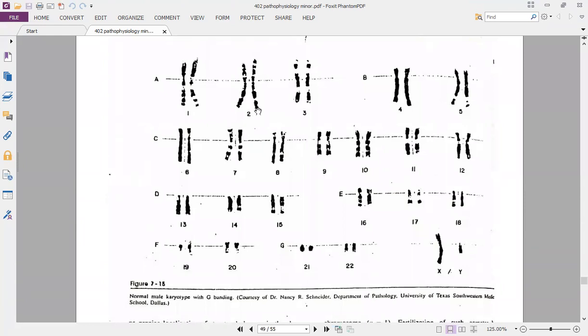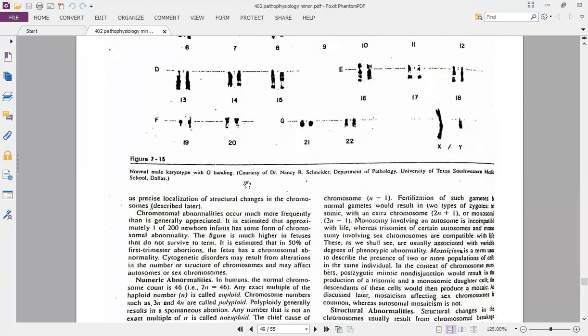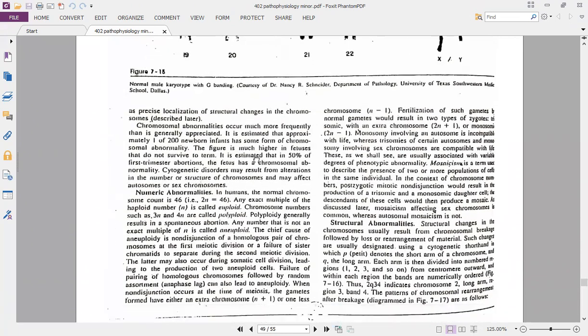In a karyotype, we just arrange the chromosomes according to their size. The largest chromosomes are placed first, and then the chromosomes keep reducing in size, and also by the position of the centromere. And last, we place the sex chromosomes. They are grouped as A, B, C, D, E, F, G. These are the groups in which the chromosomes are placed according to their shape. This is a typical karyotype, which is done with G banding. This is the basics. I'm just discussing karyotyping to give you an idea of how chromosomes are analyzed for whether an abnormality is there or not.